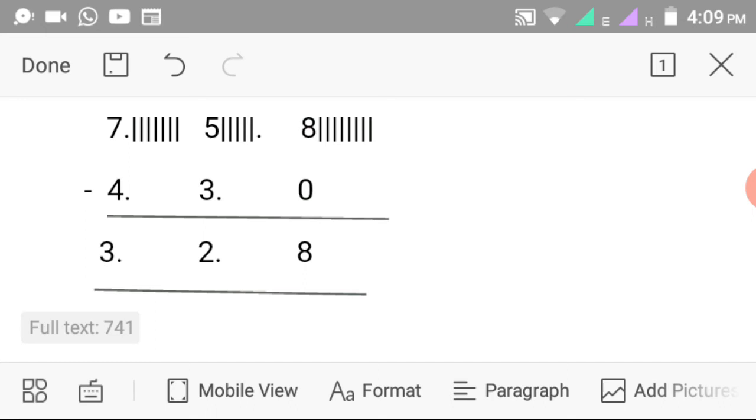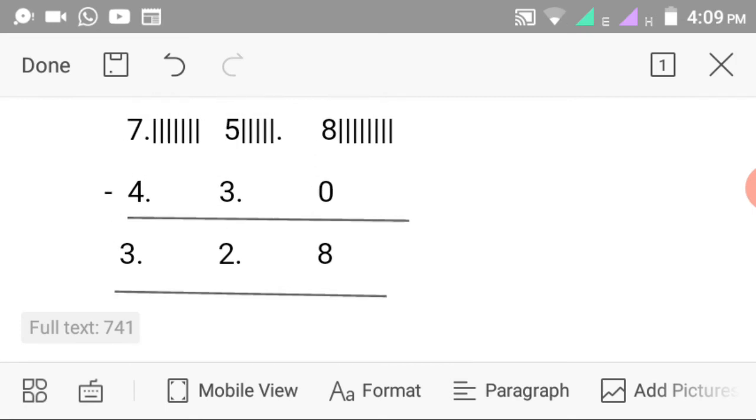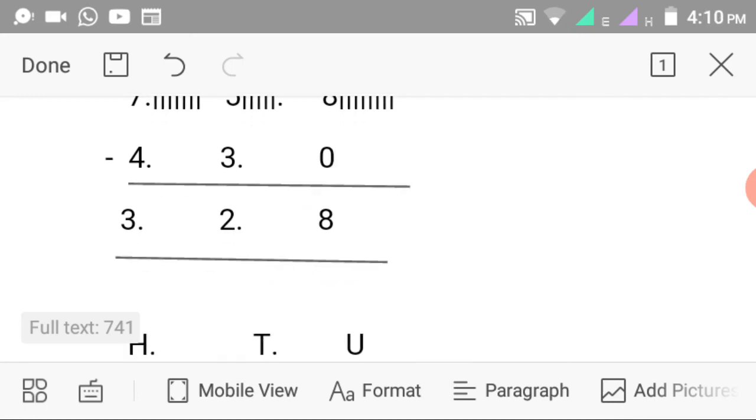Now, I have 7 rosary. I want to give 4 out to those who don't have, like my friend over there. So I'm going to take 4 away from 7. I will count 1, 2, 3, 4. That 4 I've given out to those who need it. Now I'm going to count the remaining one to my side. That is going to be for me. 1, 2, 3.